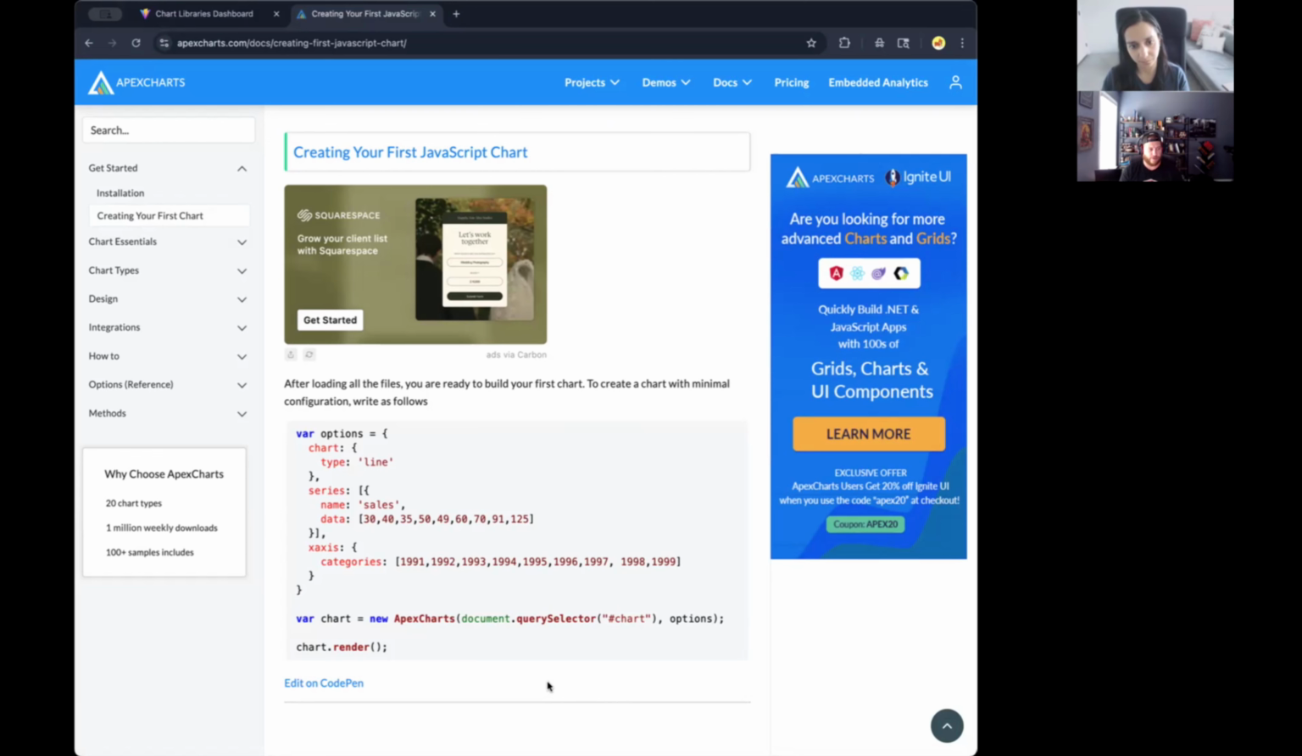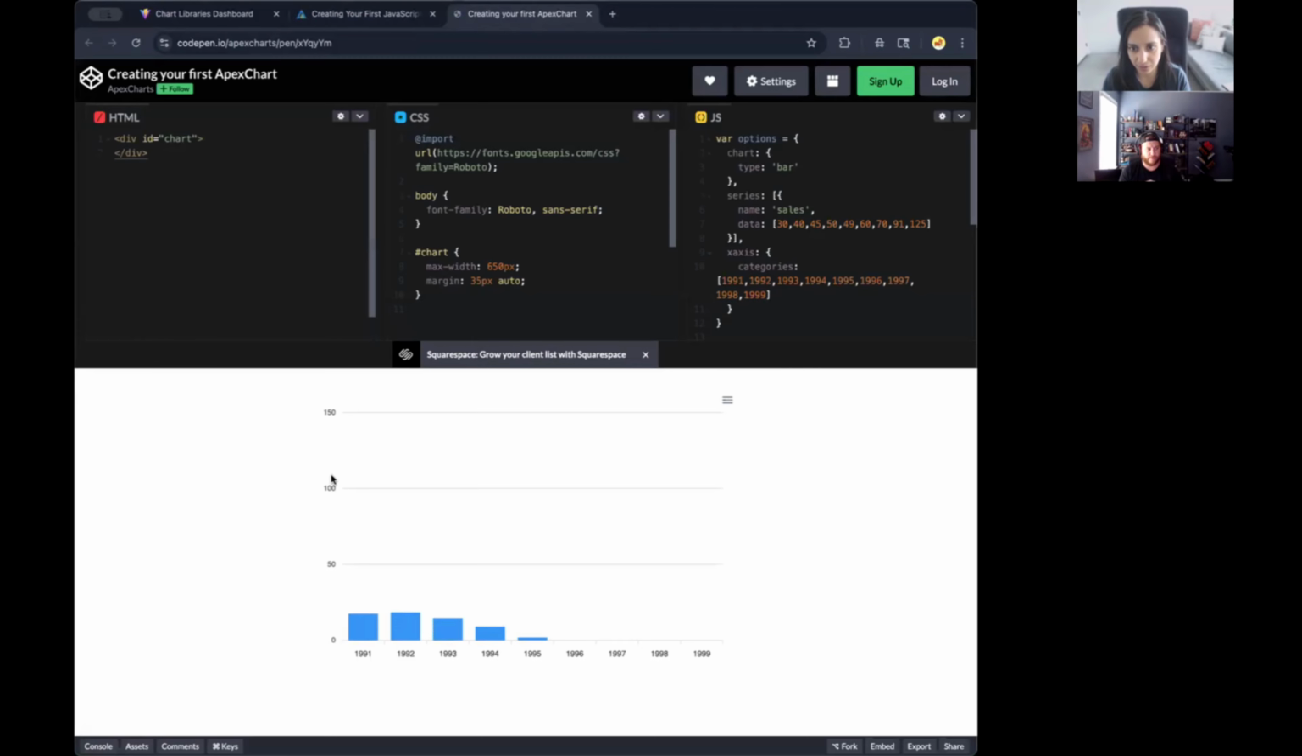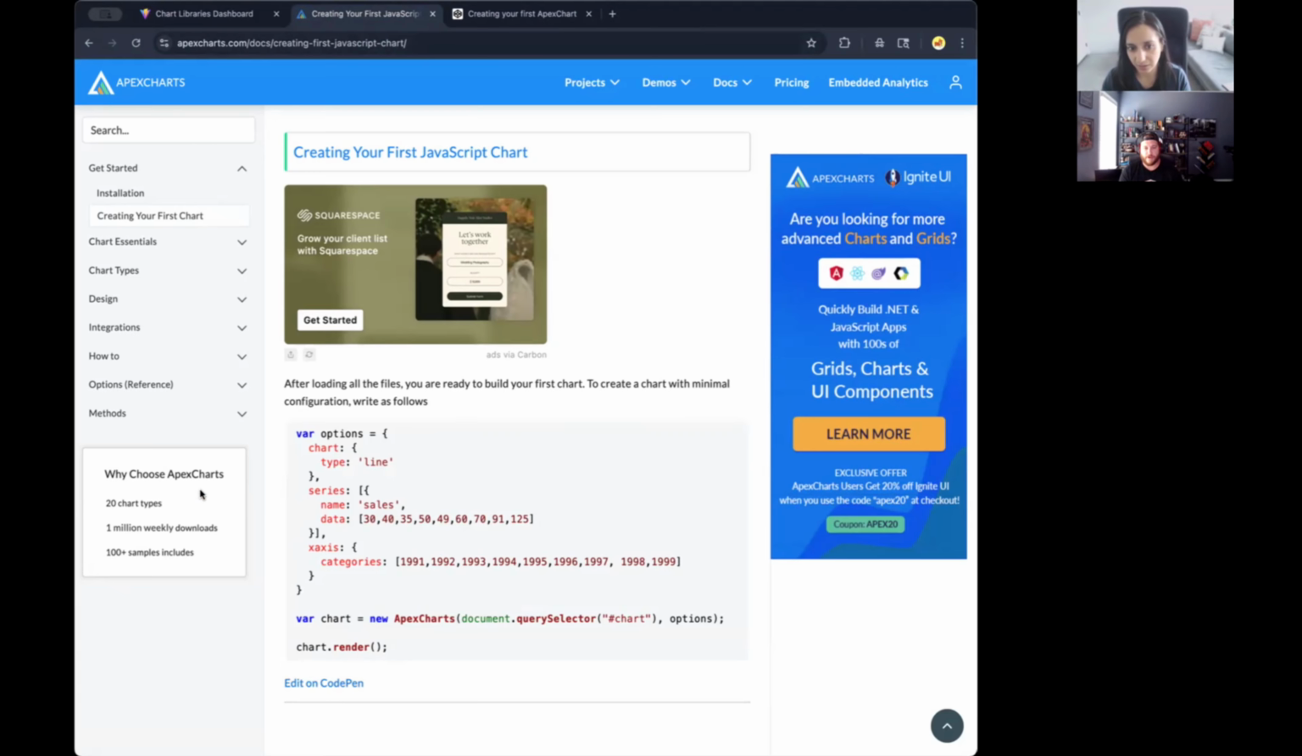And there are, of course, framework ports for this library as well. Angular, React, all the standard ones. It's out there. And I like that they have an example on CodePen also that you can play around with. And as you can see, they have 20 chart types, and they claim to have 1 million weekly downloads on their website. I think,